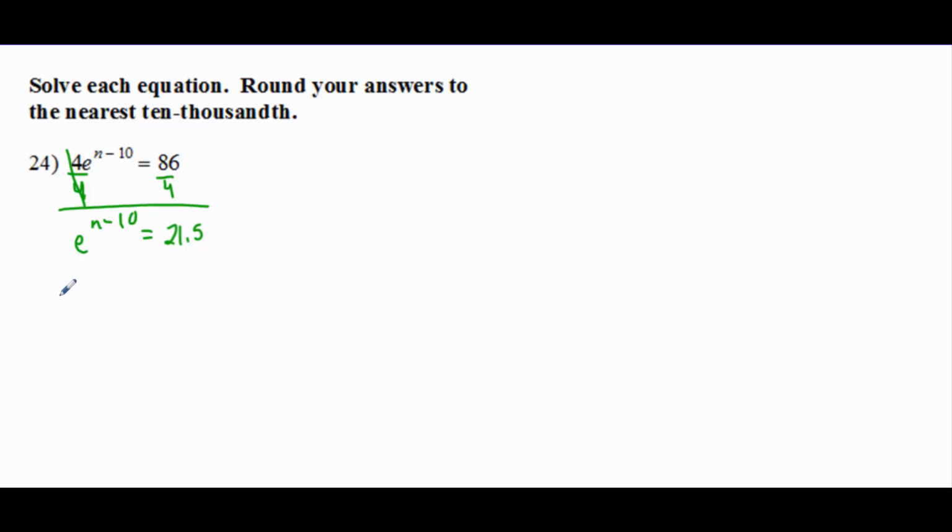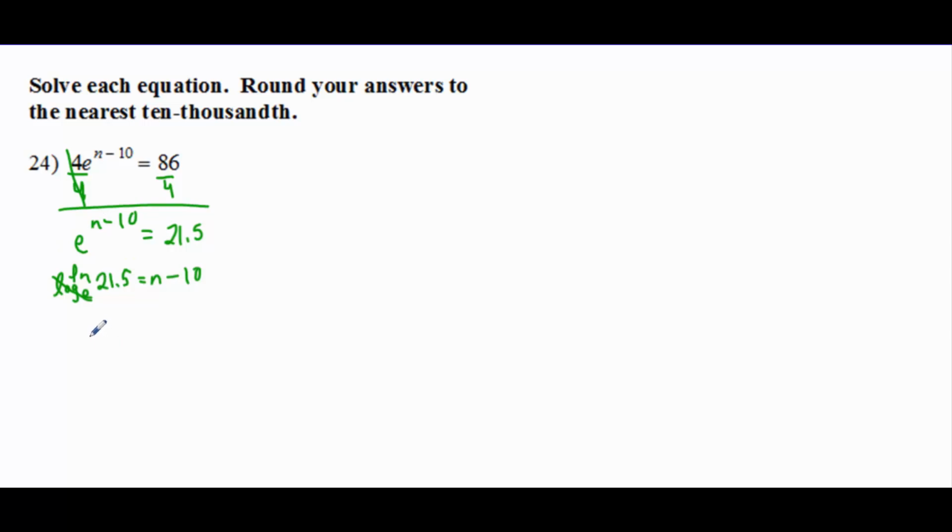Now that e is by itself, we're going to rewrite this as a logarithm. So this is log base e of 21.5 equals n minus 10, but log base e is natural log, so we can do natural log of 21.5,